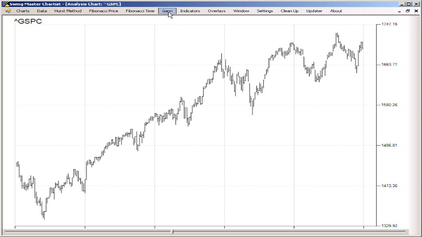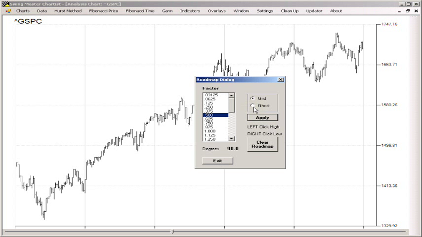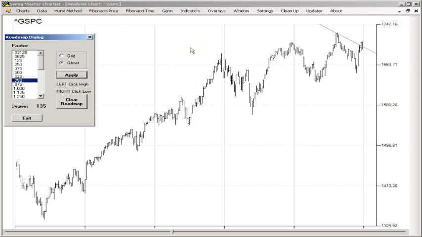There's one more thing I want to show you, and that is the ghost line. You choose roadmap from high-low, and instead of grid, we're going to choose ghost. We'll choose the same factor as for the bullish channel. And because we want to mark a potential high pivot, we left click, and we can see that it draws the